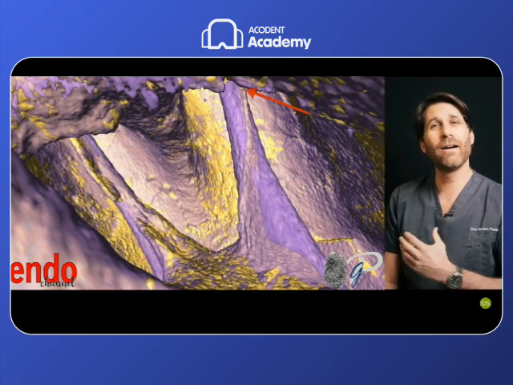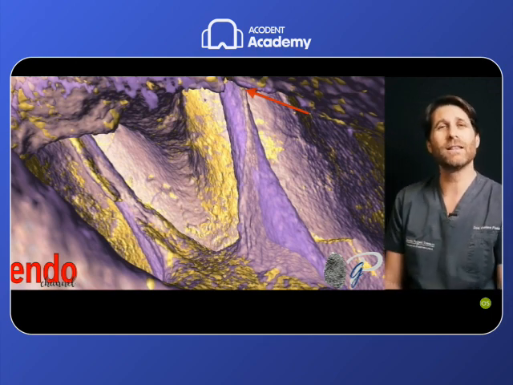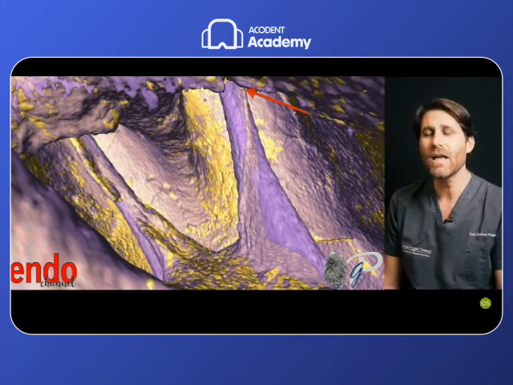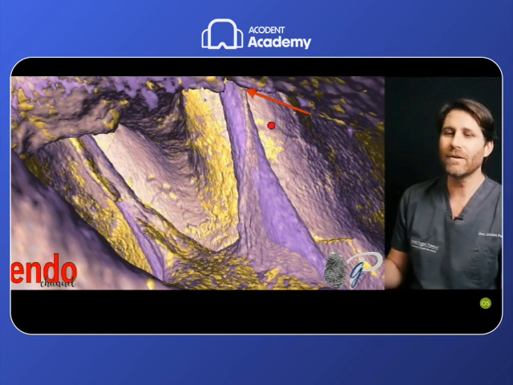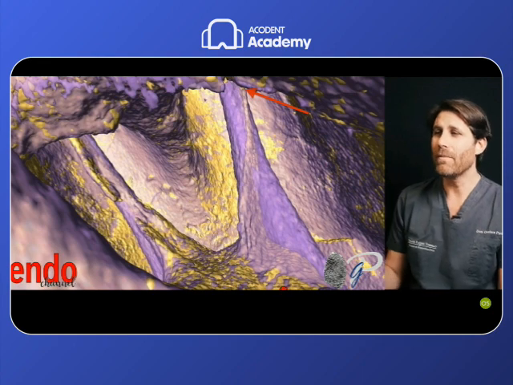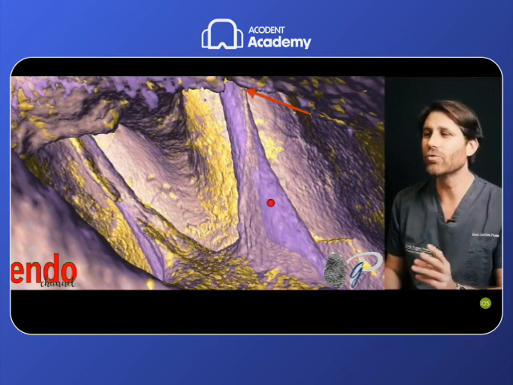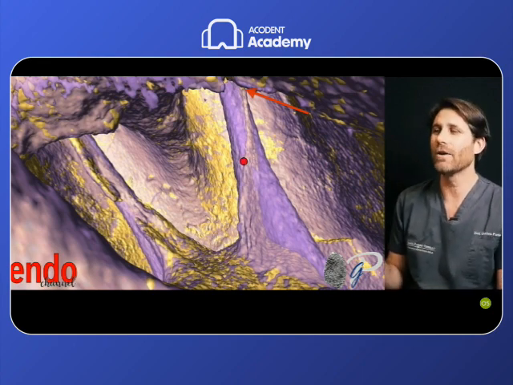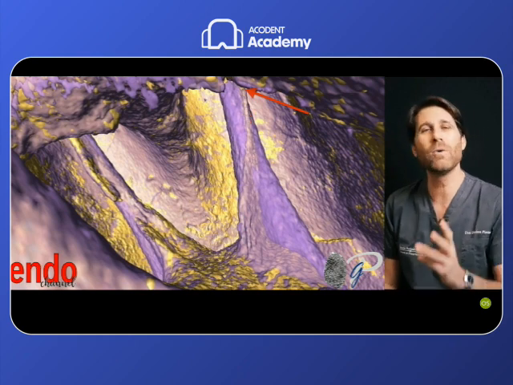These are the several cases that we find in clinical practice in which it is difficult to scout this portion of the root canal by manual file, because the manual file is able to scout 2-3 millimeters coronally of this MB2 root canal, and then we stop and we cannot advance.